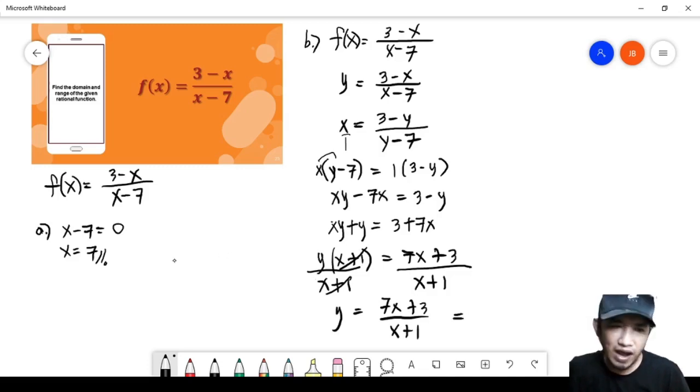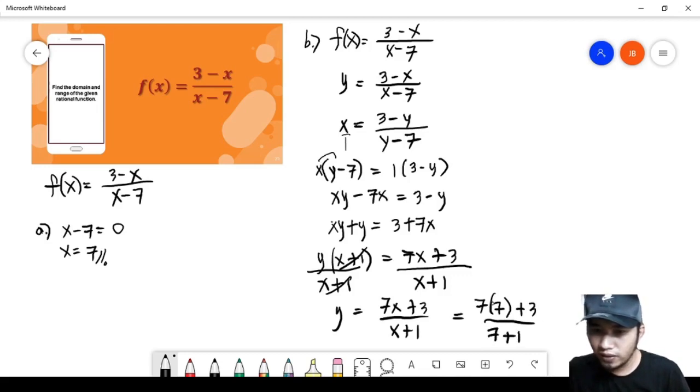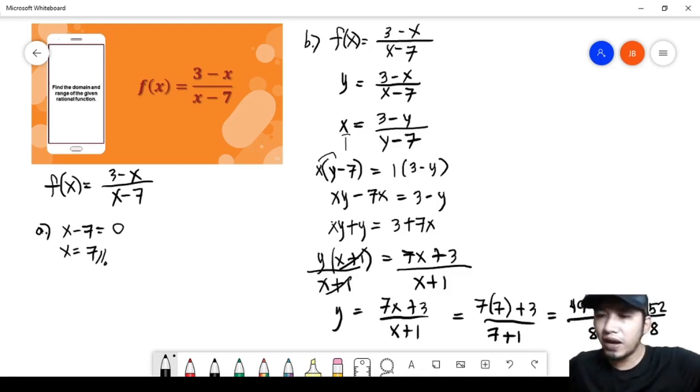Substitute the value of x in our y, that is 7 times 7 plus 3 over 7 plus 1. 7 times 7 is equal to 49 plus 3 all over 8. 49 plus 3 is equal to 52 all over 8. And 52 divided by 8 is